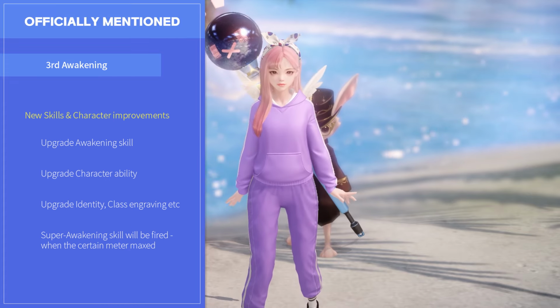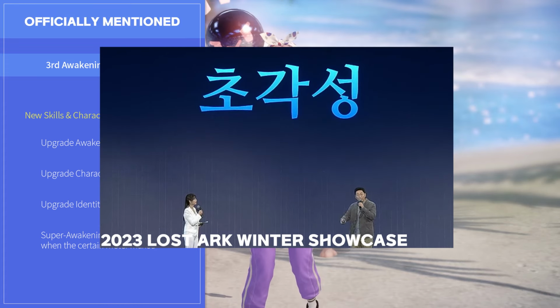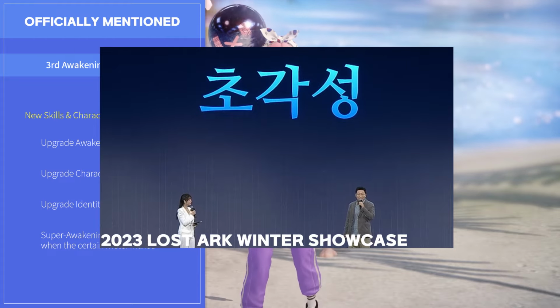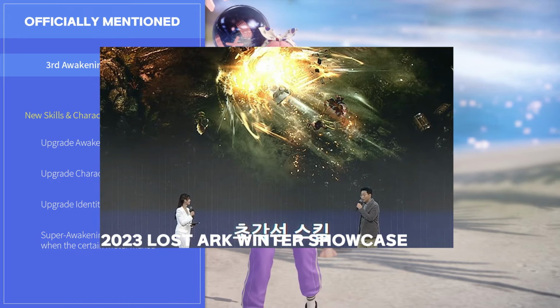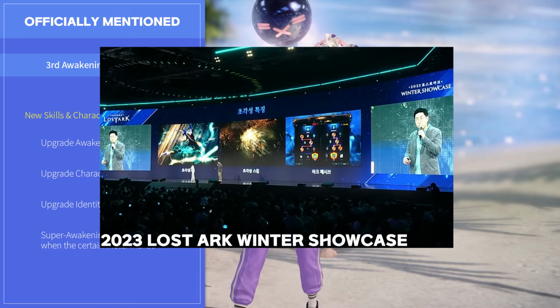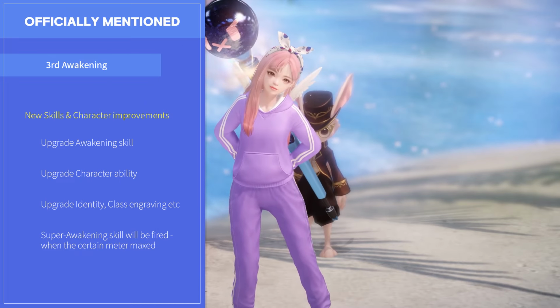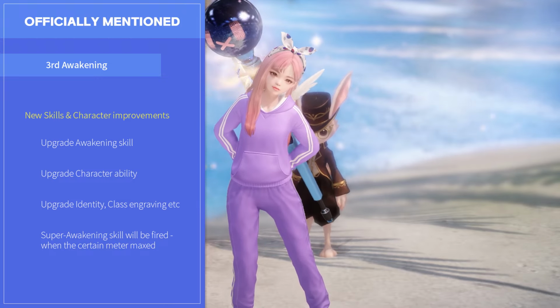Third Awakening or the Super Awakening system can arrive soon. Super Awakening will change the structure of the whole class balance. Both Awakening skills will be upgraded to the Super Awakening skill when a certain meter is maxed. Also, they will be adding 2 or 3 new Super Awakening skills. And also, the Ark Passive system will be added on the Super Awakening system, which upgrades your character identity, combat